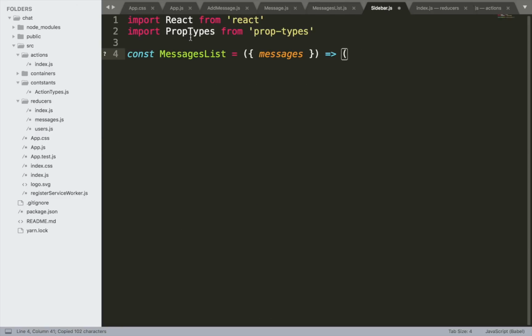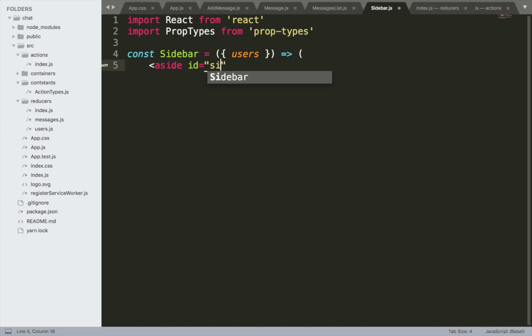We're going to import React and prop types, and instead of const message list, it's going to be const sidebar. And instead of messages, we're going to put users. We're going to have this aside here, with ID equals sidebar, and className, which is the same as class, is going to equal sidebar. Then we're actually just going to make an unordered list of all the users. So let's do